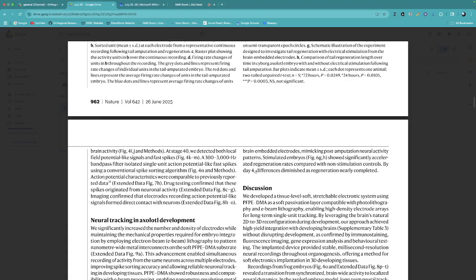So this activity is sort of a consequence of a regeneration process. And we know that regeneration often involves electrical signals in different cells or signaling. And so it's interesting that in the nervous system, of course, you're going to have this activity.